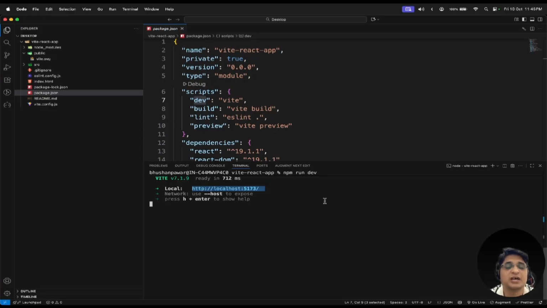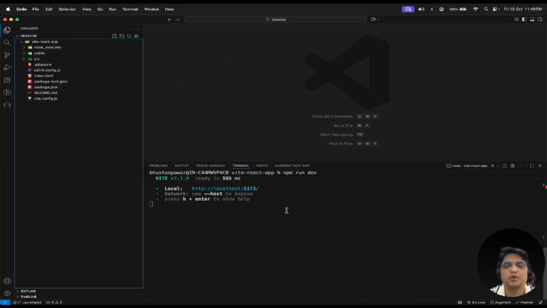But there is another approach as well, which is CRA, which was deprecated in February 2025. But still, if we want to learn how a CRA application gets created, I will show it here. Before proceeding with the CRA application, I will first of all stop this running Vite application. How can I stop this application? Just press Ctrl C